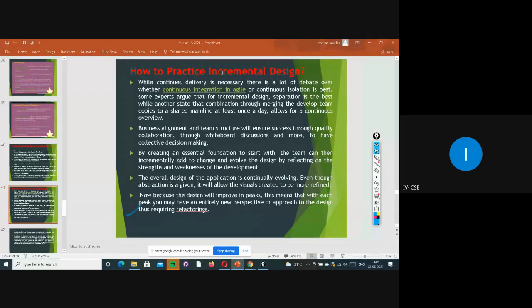Definitely it will provide quality collaboration. By collaboration, I mean whenever they want to practice this incremental design, first of all team members will gather and conduct meetings. Whatever points they have noted, they will write on charts and hold discussions. Simply, they will do some collective decision making.